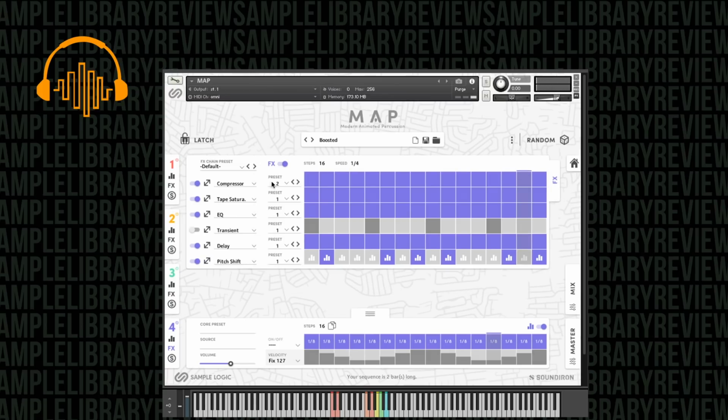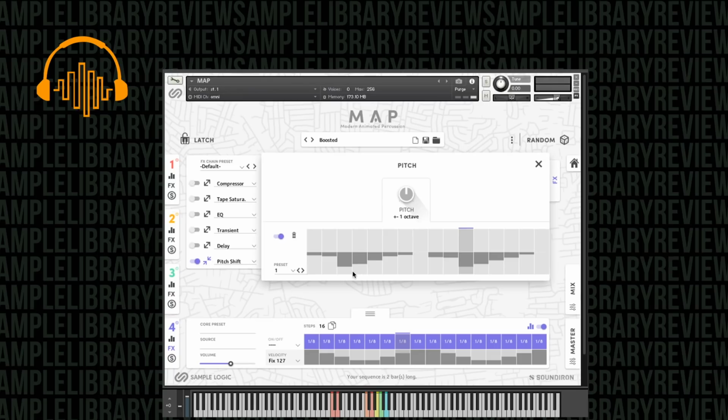So let's turn off the effects. So now I can say, yes, it is an effect. Let's turn everything else off, including that delay. And okay, now I get it. So this pitch shift here that we've got is only kicking in. It's only kicking in for this, which is